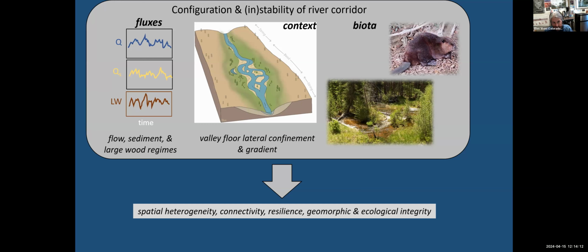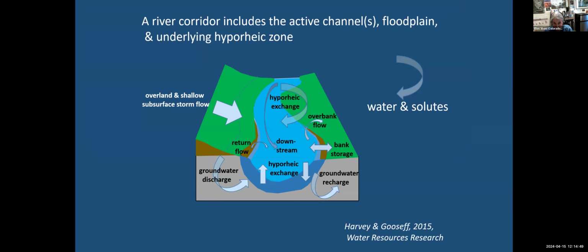And again, I use that phrase river corridor to make it explicit that I'm talking about the channel, the floodplain, and the underlying hyporheic zone. And this block diagram looks a bit complicated, but I think it's important to make the point that things, whatever the thing is, water, mineral sediment, large wood, particulate organic matter, don't just move simply downstream at a uniform rate. We all know this, but a lot of people who are not river scientists don't think in those terms.